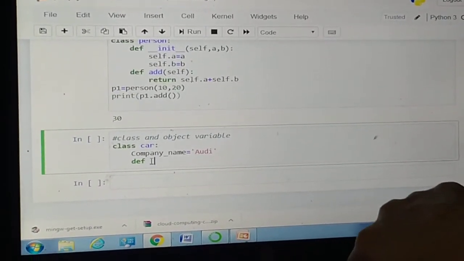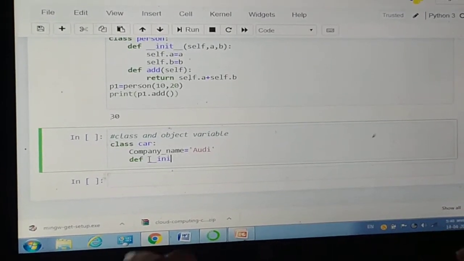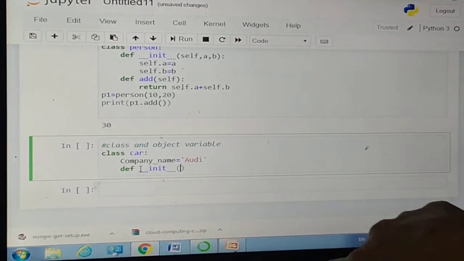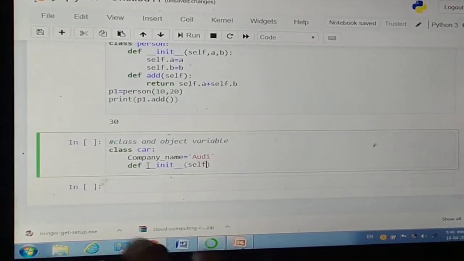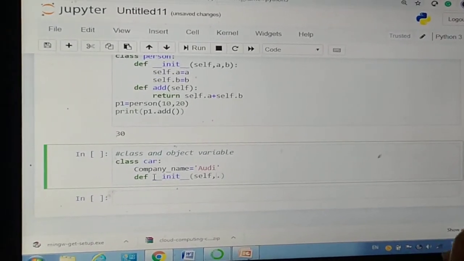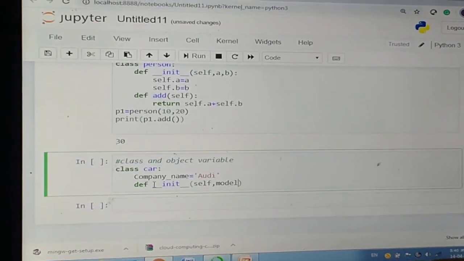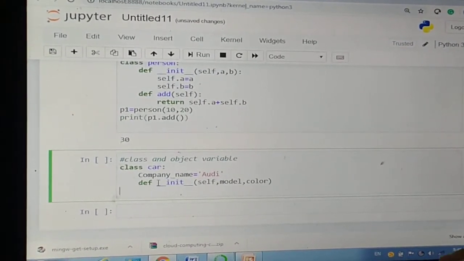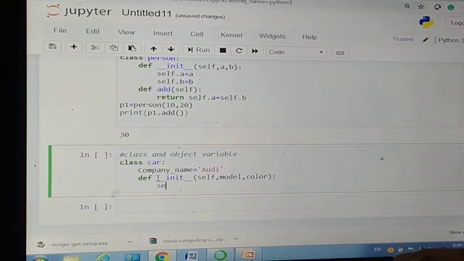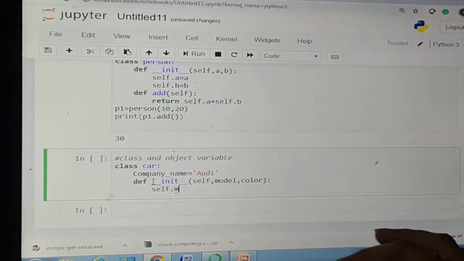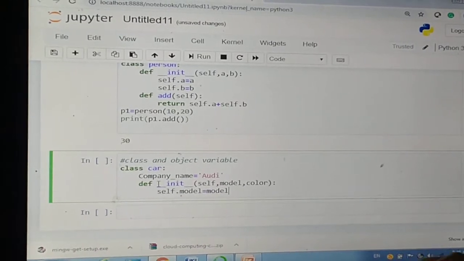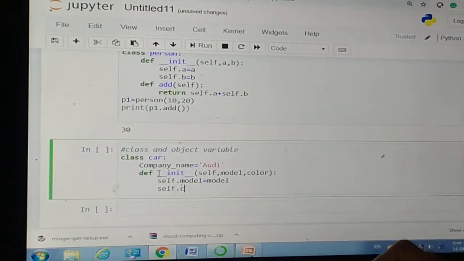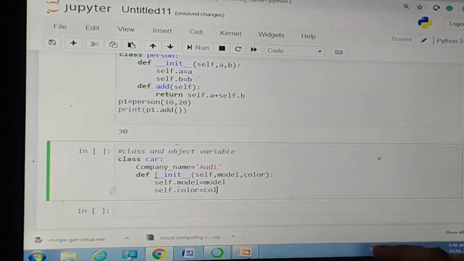So def __init__(self, model, color): self.model is assigned by model, self.color is assigned by color.